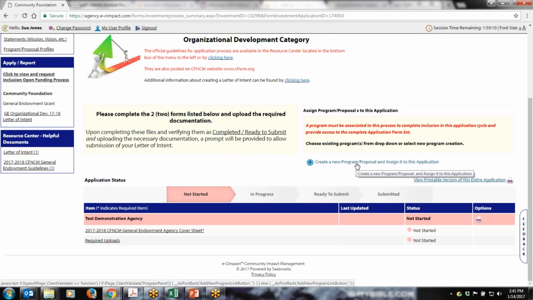In order to do that, you will click on create a new program or proposal and assign it to this application. Down the bottom, you will see that your application has started. You have the cover sheet and the required uploads field, but you do not yet have the field that's going to allow you to create your letter of intent. So from there, you need to create that proposal,